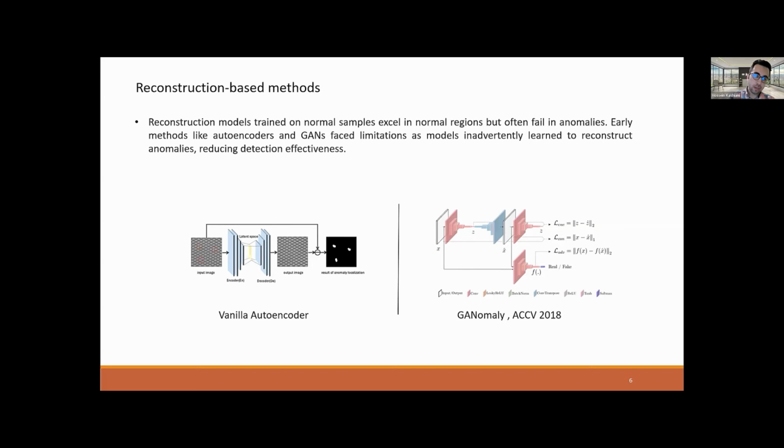At inference time, we compute the residual error between the input image and the reconstructed image, and we use error calculation at the pixel level to define the anomaly and its location. So this is the conventional way to compute anomalies in